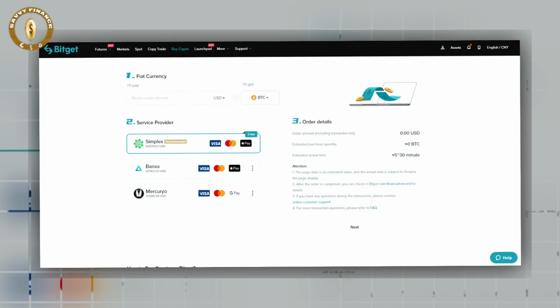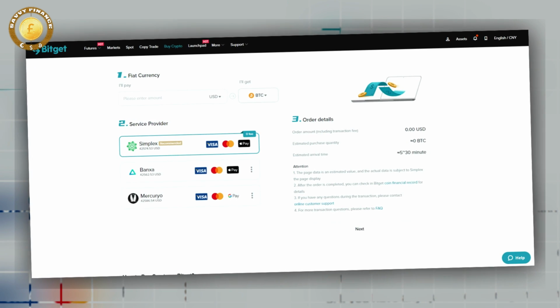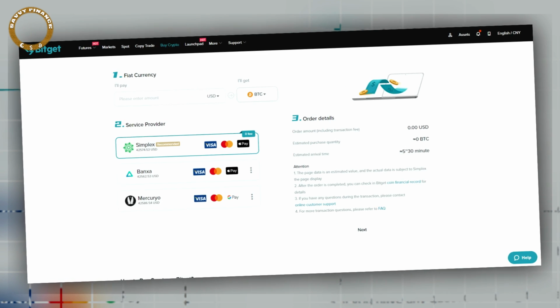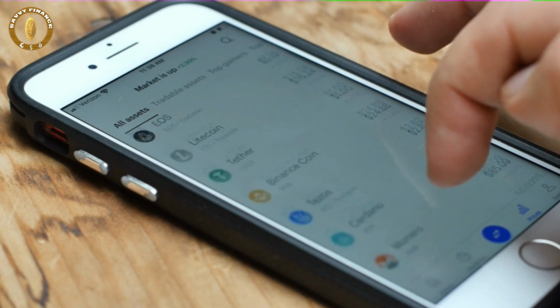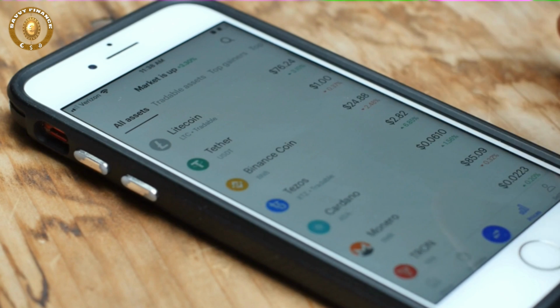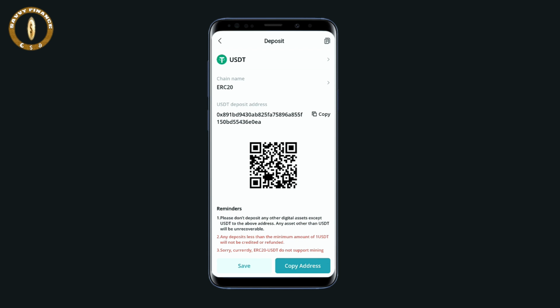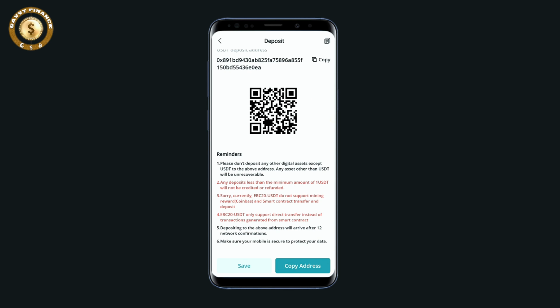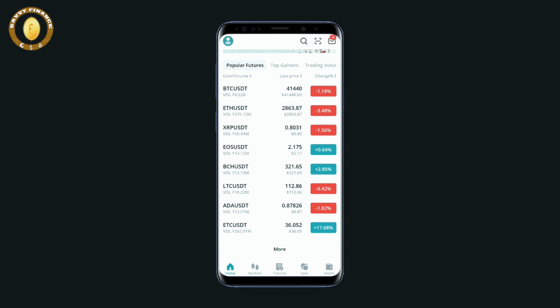You can also buy cryptocurrencies using fiat currencies through the exchange's payment gateways, Mercuryo and Banxa, which both support Apple Pay, Google Pay, MasterCard, and Visa. This feature is convenient and quite easy to use. However, don't forget that you will have to pay any charges incurred for using these platforms, but Bitget doesn't take any fees on deposits. As soon as you have enough funds in your account, you are ready to start trading